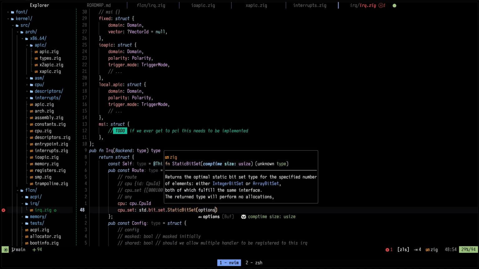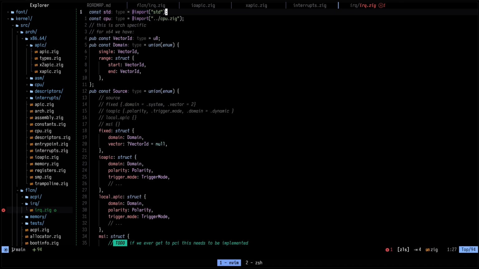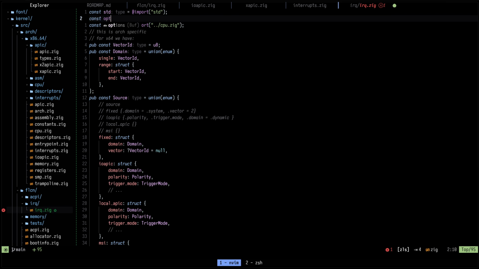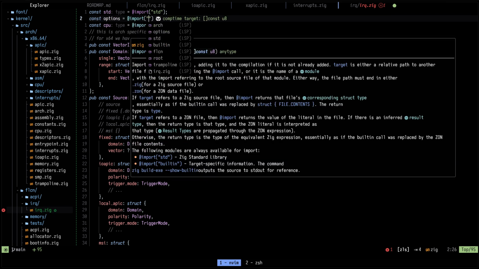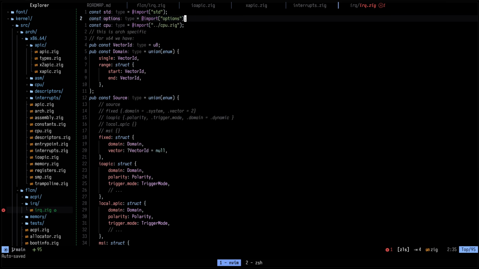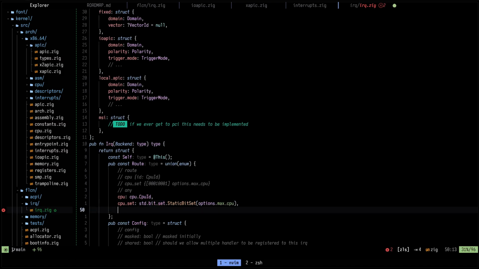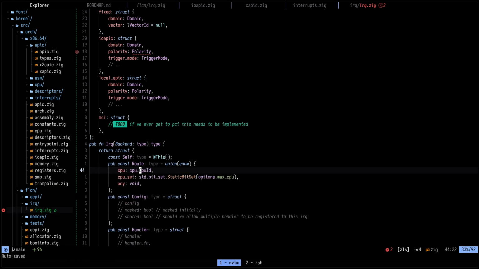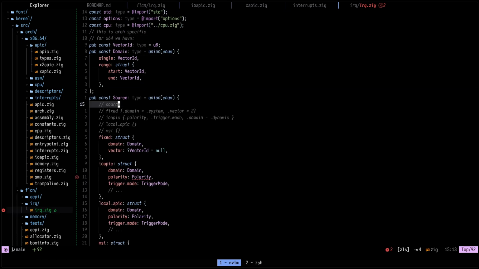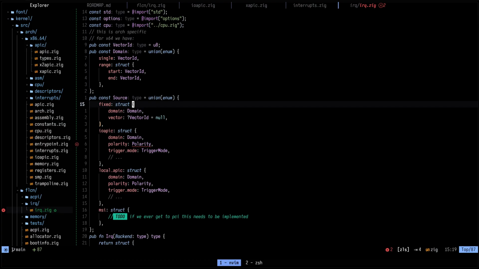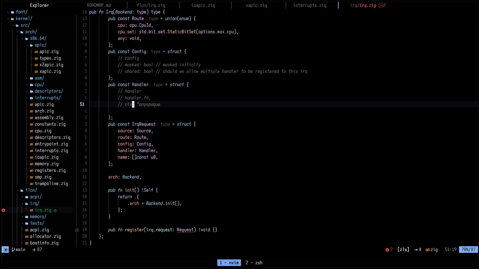And here we can have options.max_cpu, let's just type it out, and we need to then import options is import options, not open, but options. Right. So, and then we have any, which I guess we need to set as void. Okay, so let me just get rid of these. Right, now